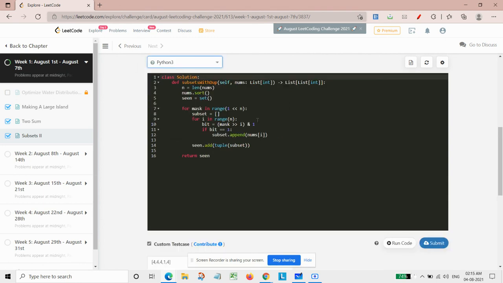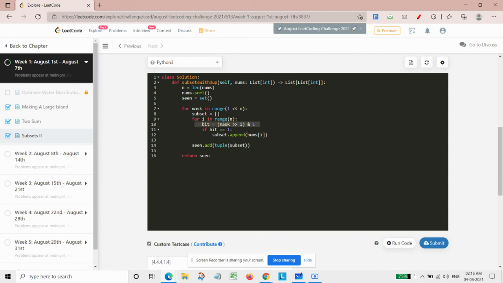And for Python we are using it like this. In the for loop we go through the range from 1 left shifted by n, basically 2 raised to power n, and we are using this list. Again, for i in range n, meaning all the elements, we check whether the bit is set or not.